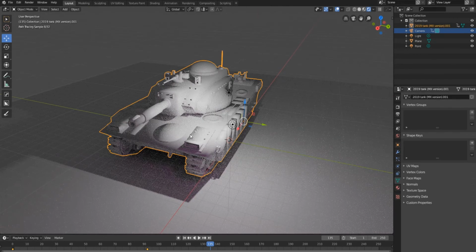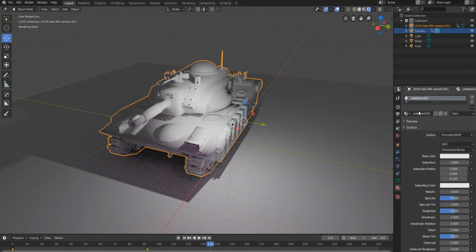Materials. Materials for me was very confusing coming from 3ds Max, but it's not really that confusing, it's just different. So down here is a material ball, and when you import an OBJ file, it kind of assigns a material, but in order to create a new material you just click this,